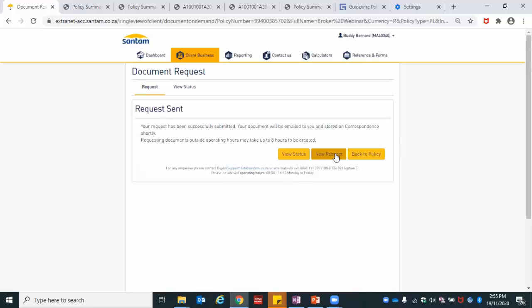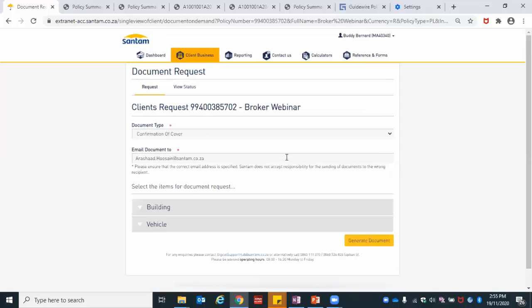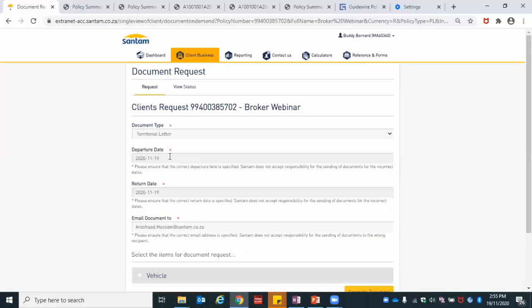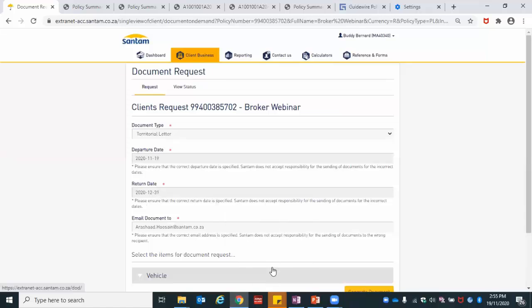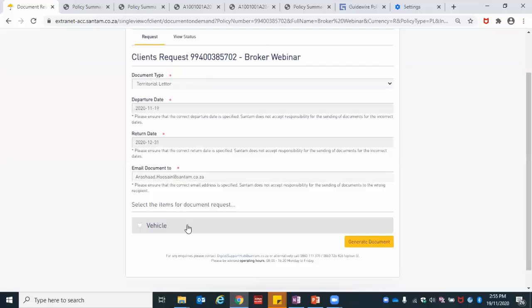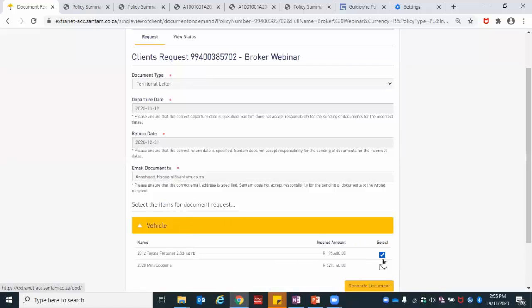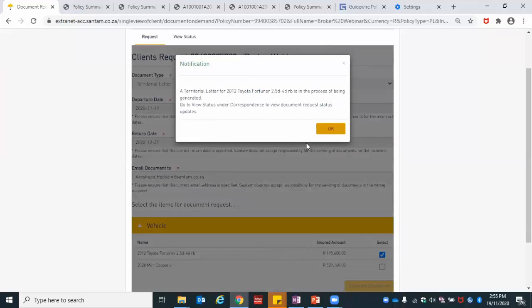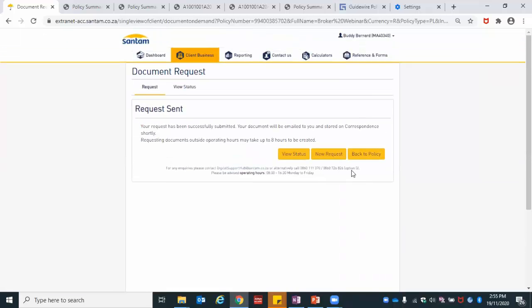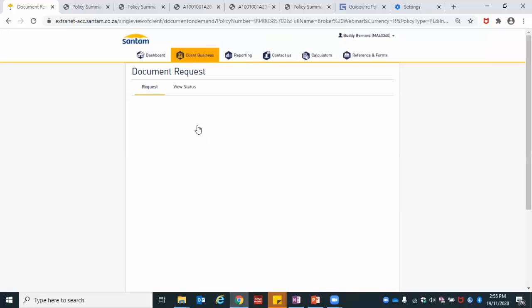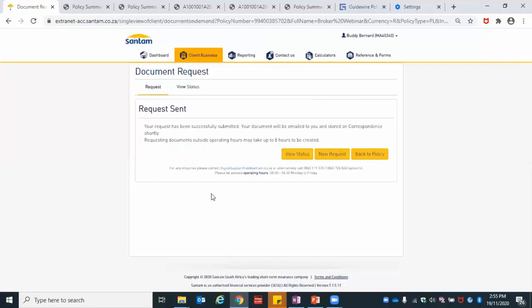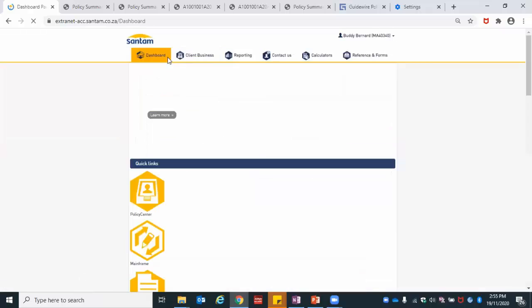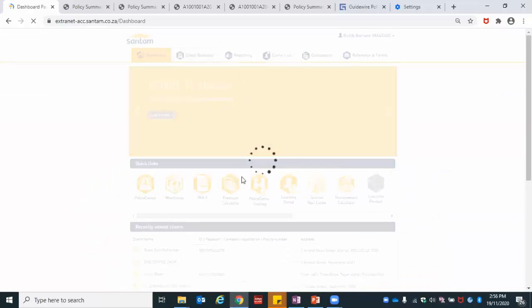I'll say, okay, I want a new request for my territorial letter. And this one, I'll come back the 31st of December. I'll go with the Fortuner. I'll say generate. System will tell you I'm busy generating. And then I want to request a full policy schedule for this specific policy. Generate. I'll say okay. And now if I go to my dashboard and search for my policy again,